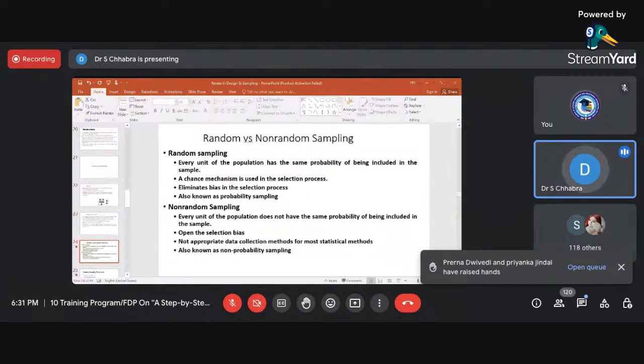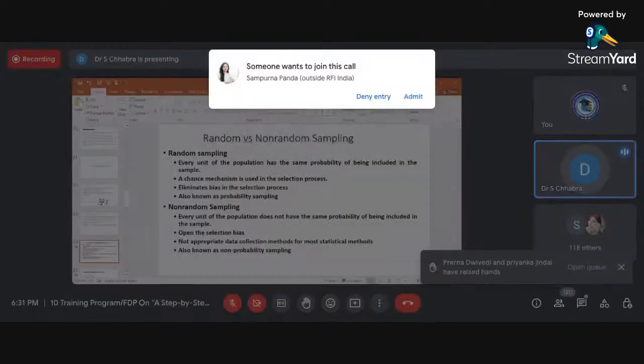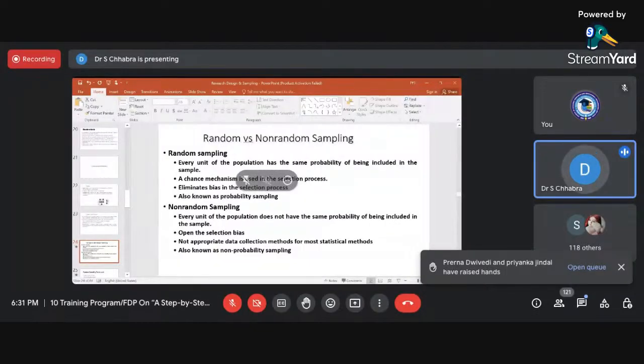Now I come on to the different types of sampling. As I told you, you can go for random and non-random. In random and non-random sampling types, you have to make sure that if you are picking random, then